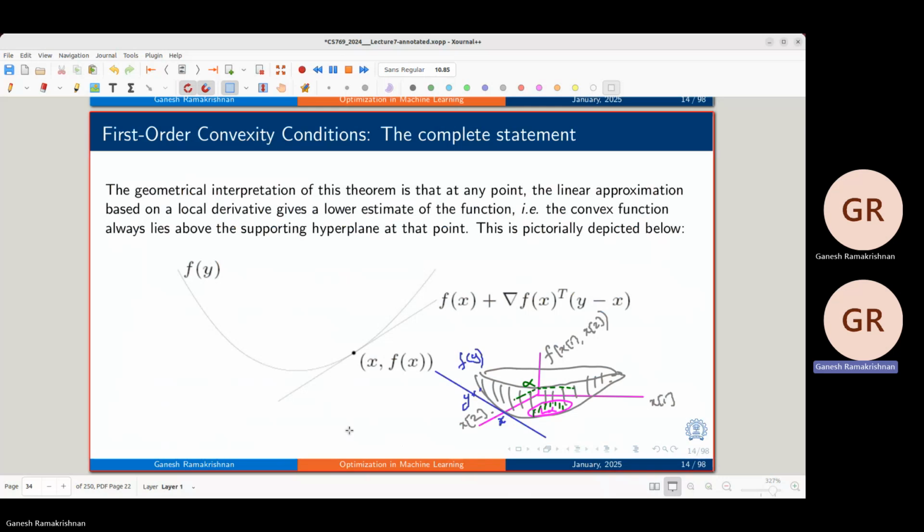What are the conditions? Can I use first order, second order properties, etc.? Subgradients, the non-differentiable nature of convex sets, which is the sub-differentials. And the fourth, which is